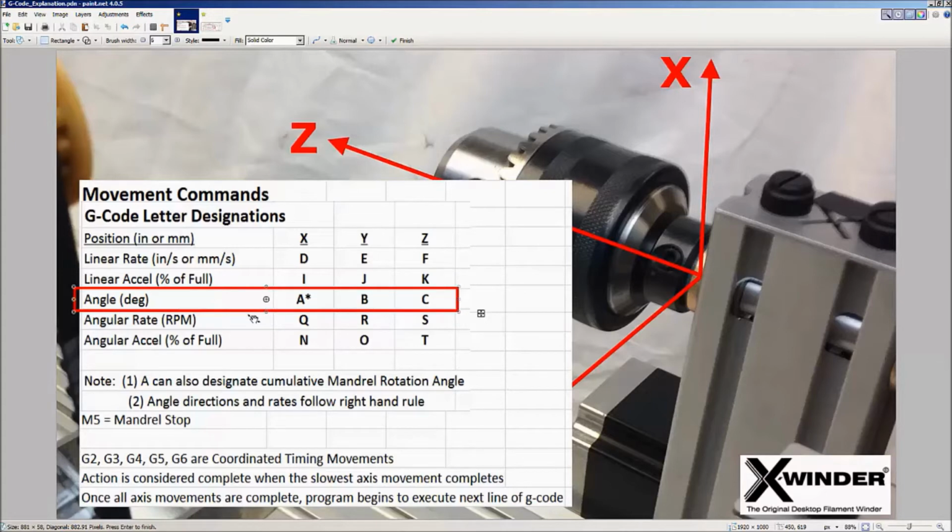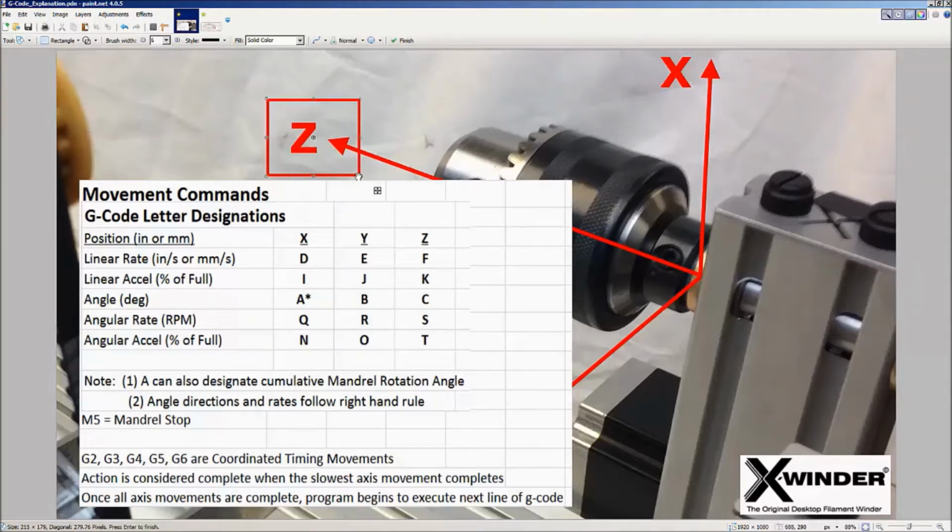The angular movement, okay, so for the x-axis is A, and there's an asterisk, we'll talk about that in a second. The rotation angle along y, so this is a delivery head rotation angle, which is denoted by B, is along the y-axis. And the mandrel rotation angle is along the z-axis. So all of these angles follow the right-hand rule. So, for example, if we're using z and you apply the right-hand rule, that would be a clockwise movement,